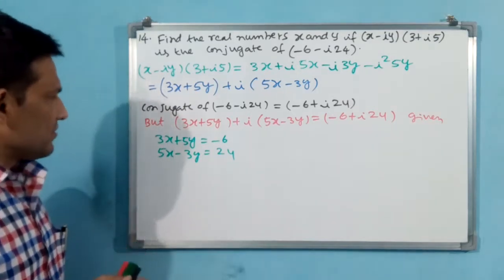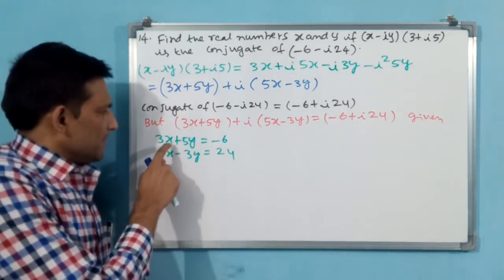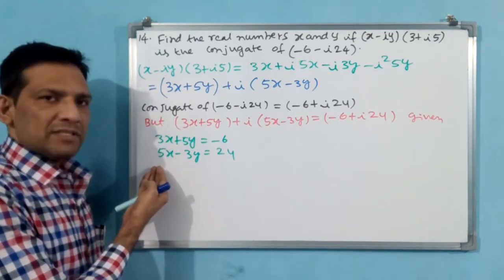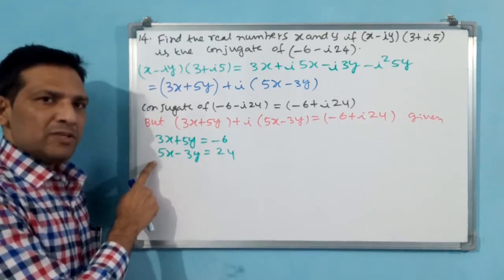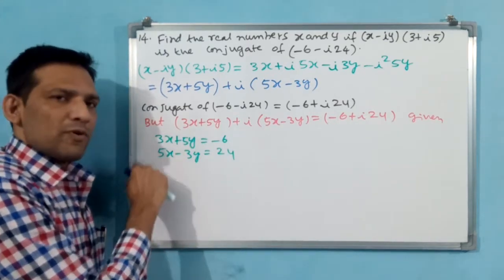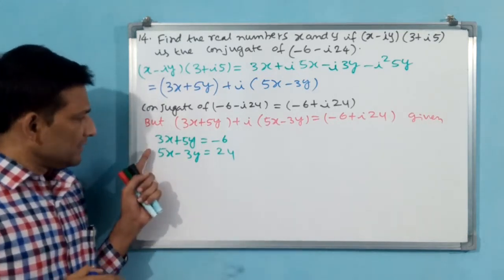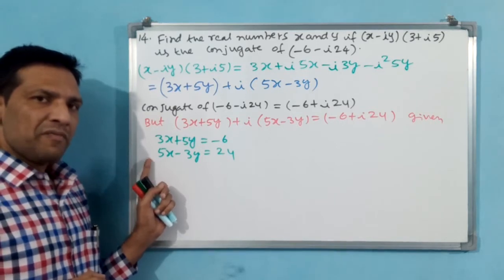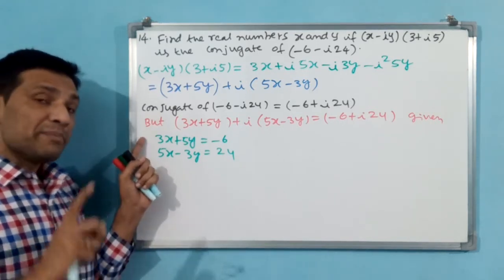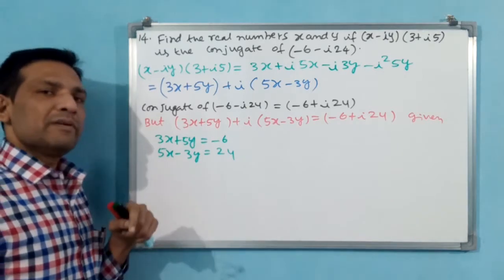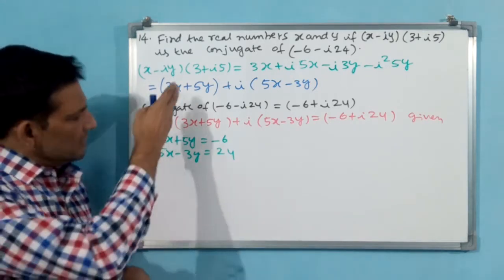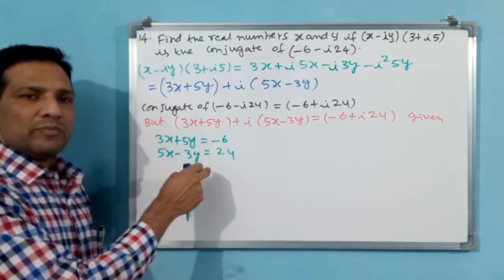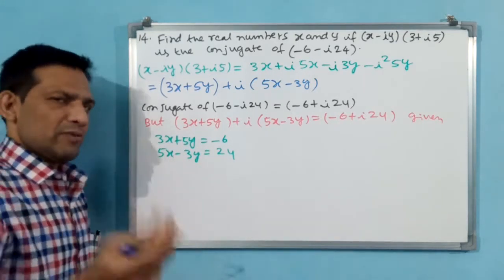How normally we find, you see, x coefficients you have to make equal. See, here 3 is there, here 5 is there. If here 2 and 4 is there, means only 1 you can multiply, 2 into 2, 4 is going to become. But here not like that. This is 3, this is 5. This also you have to multiply with 3, 15 is going to become. This also you have to multiply with 5, this is going to become 15. Then you make subtraction. x is going to get cancelled, 0. Then y value is going to come. y value you substitute, x value you are going to find.